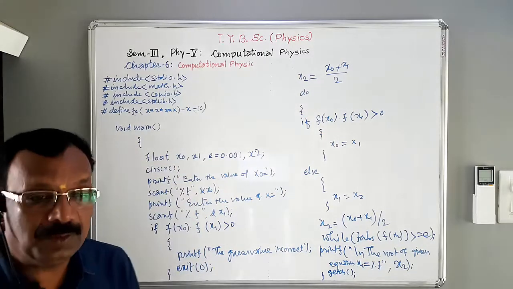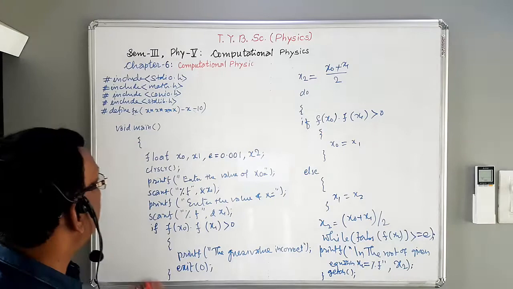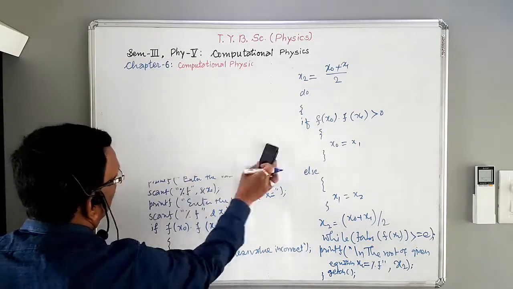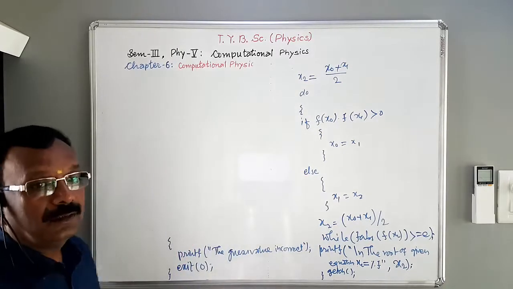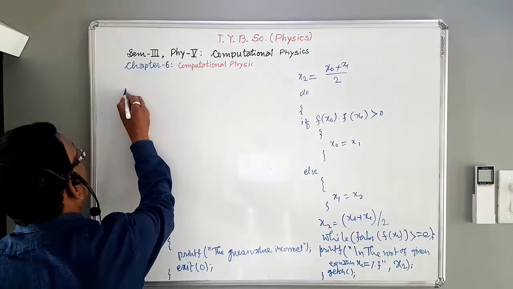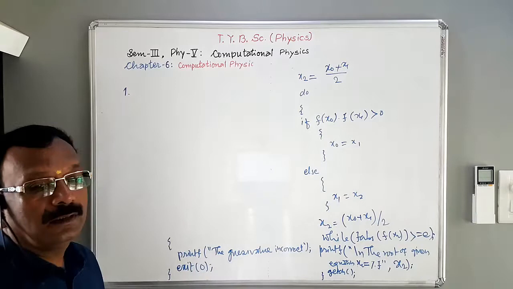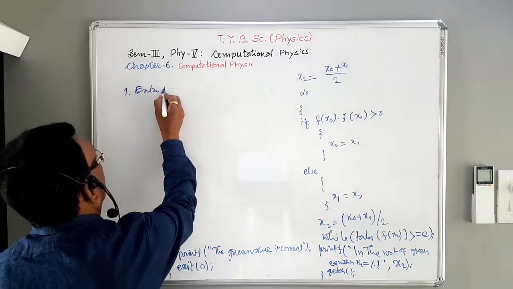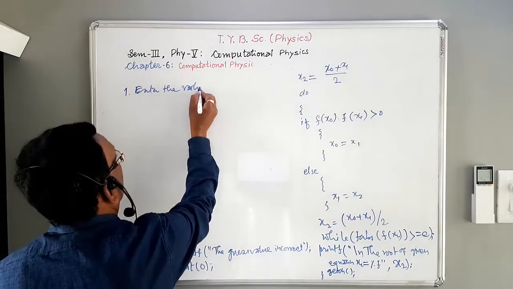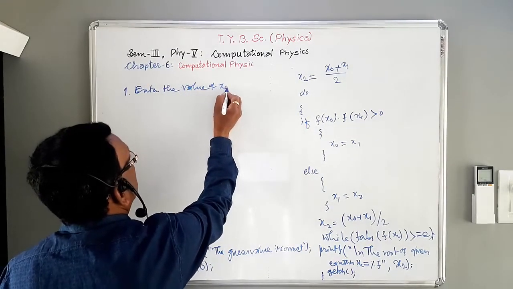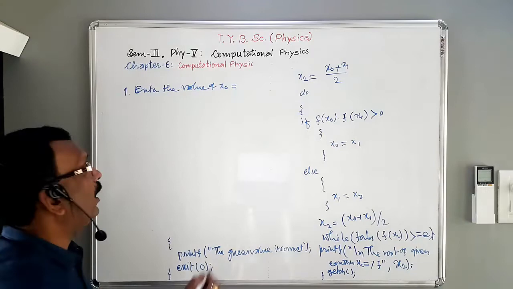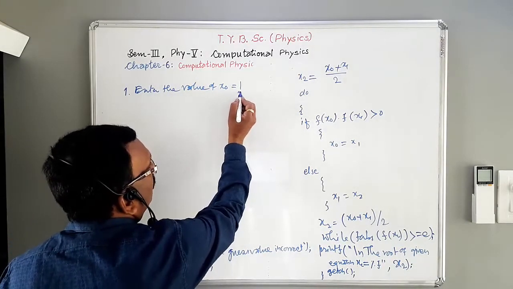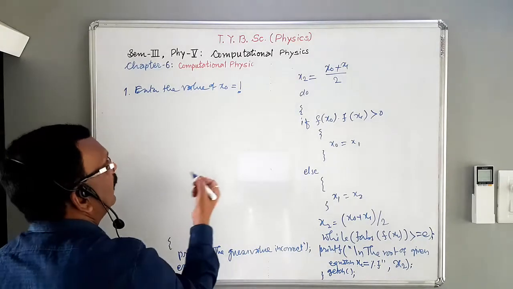When this program is executed, one message gets displayed on the screen. After the execution of this program, first the computer asks us to enter the value of x0. Suppose we enter 1, then when we provide 1 and press the enter key,